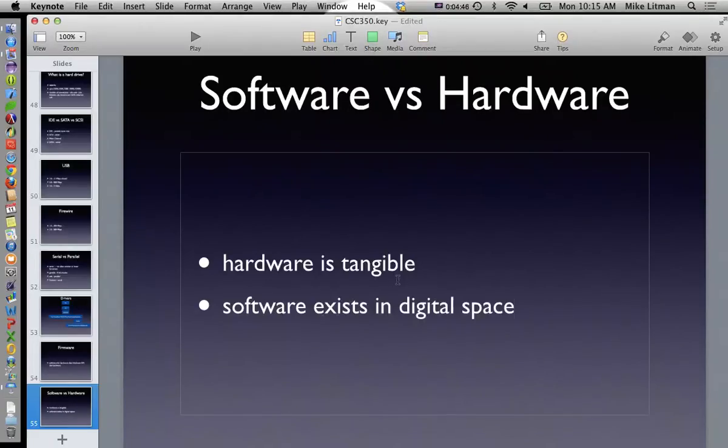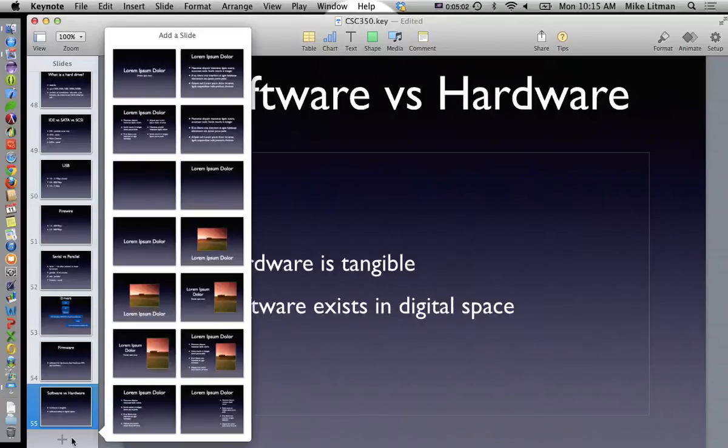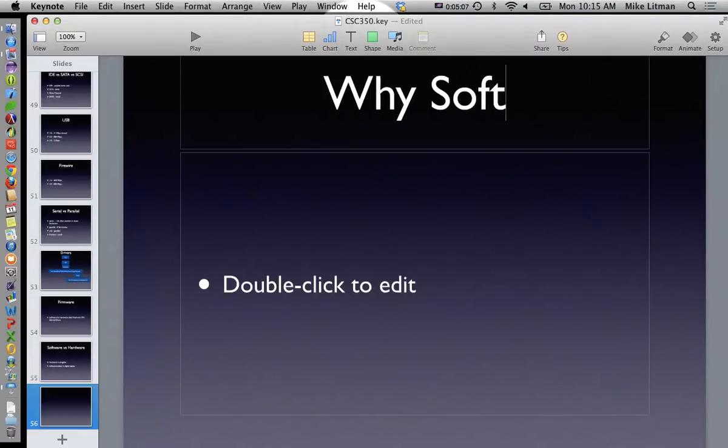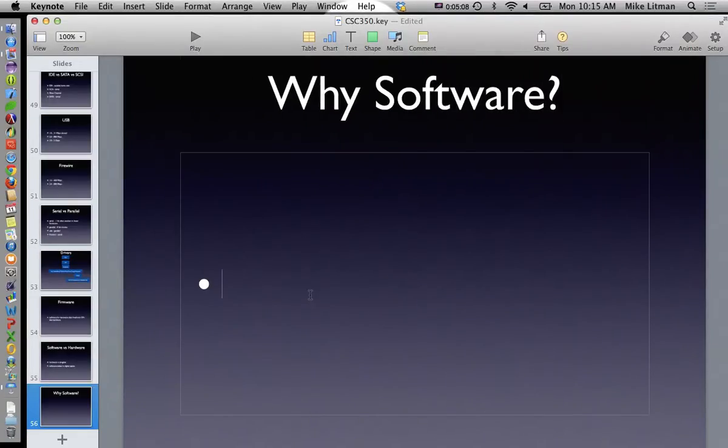So now you have a problem to solve, and you have to decide, do I solve this in hardware or do I solve this in software? Well, what's the advantage of solving something in software versus hardware? You don't have to open up and solder. So let's go with software. Okay, so maybe easier. Soldering, not.